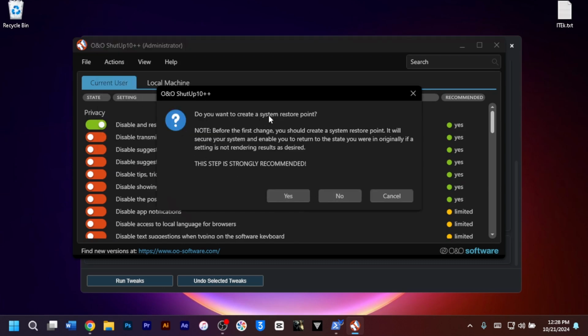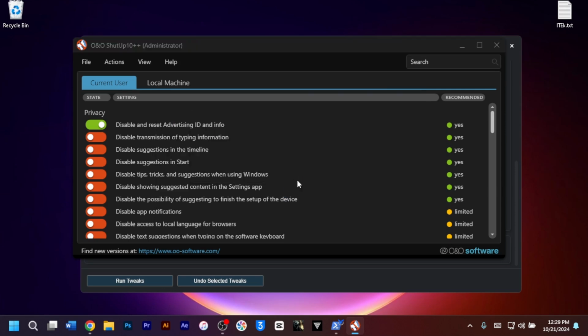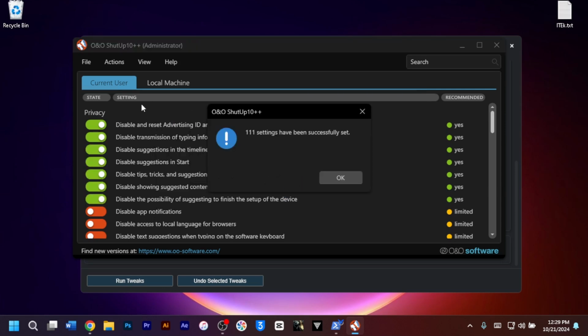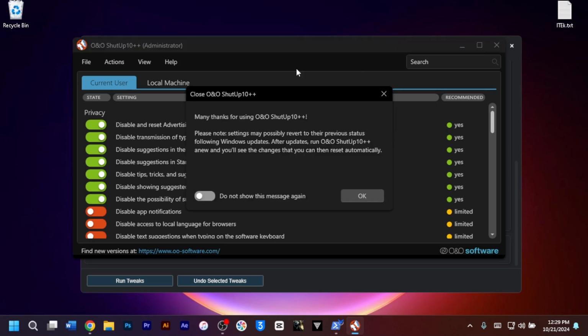And then as you can see, do you want to create a system restore point? This step is strongly recommended. I'll just have to click on yes. And then system restore points have been created. And then one-on-one settings have been successfully set. So you just click OK. Then you can close the